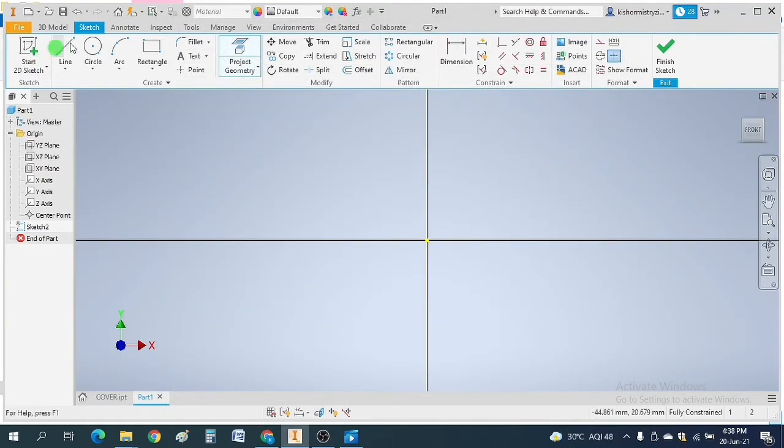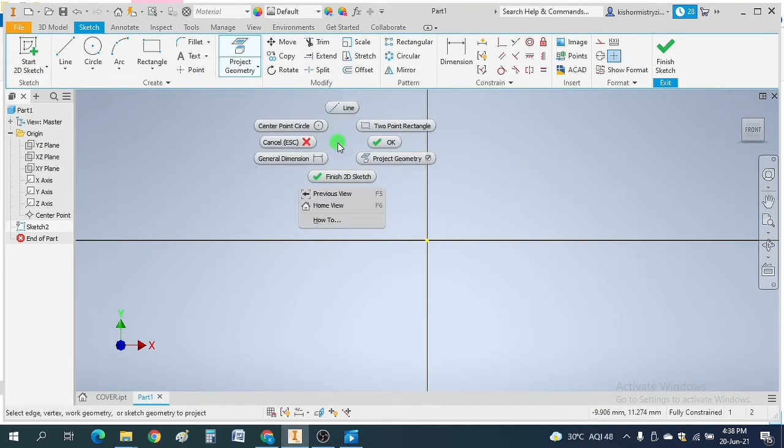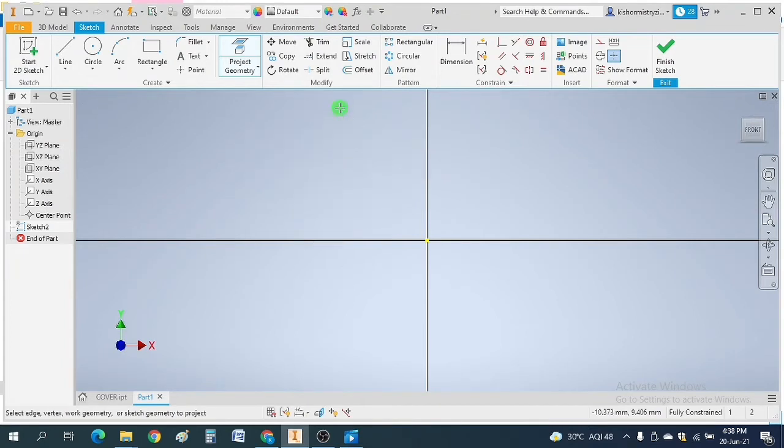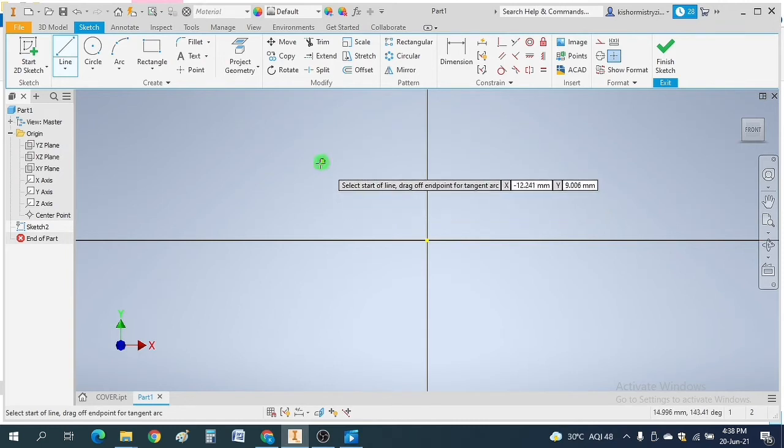So now I have shown you how to draw either by this way. I will right click and drag over here, and the line is selected. So let me draw.